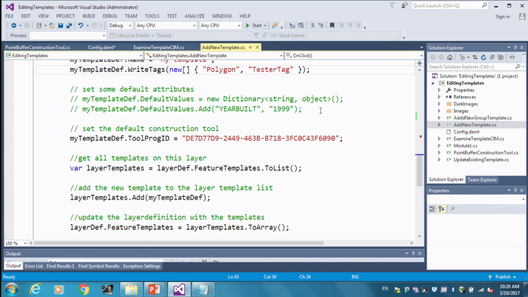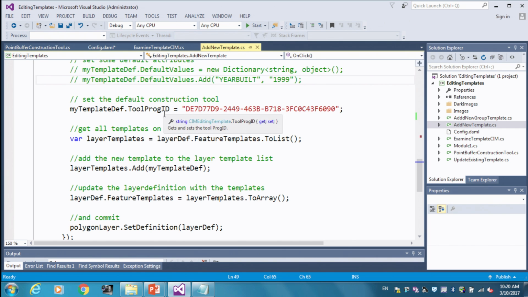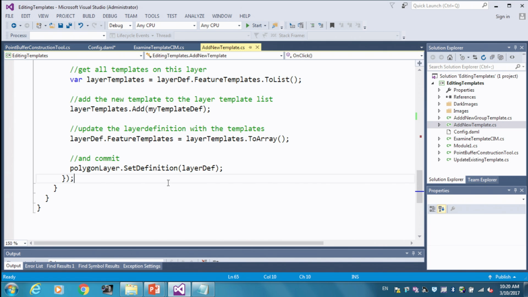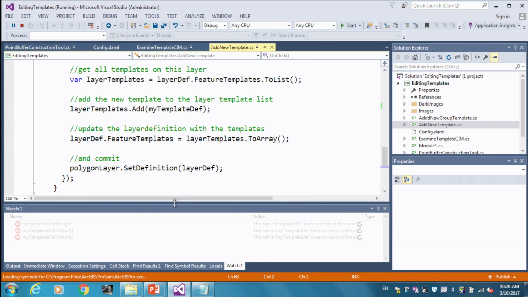I'm not interested in default values at this point, but the important thing is this tool prog ID and this GUID is the same as what I just pasted in my DAML. Similar to the snippets, I'm going to get the existing set of feature templates, add my new template, assign it back, and set my definition. So if we go ahead and run that,